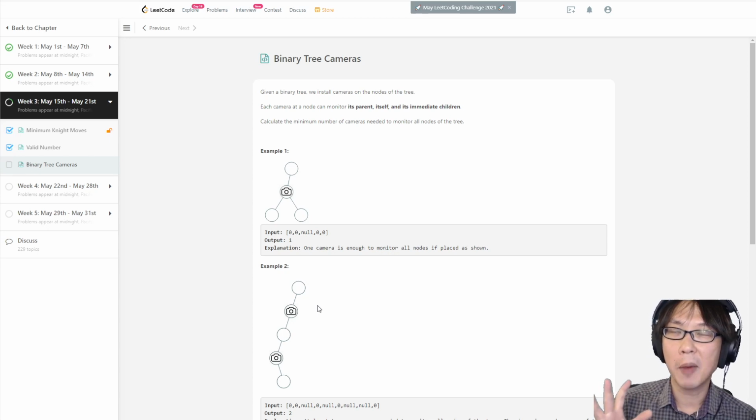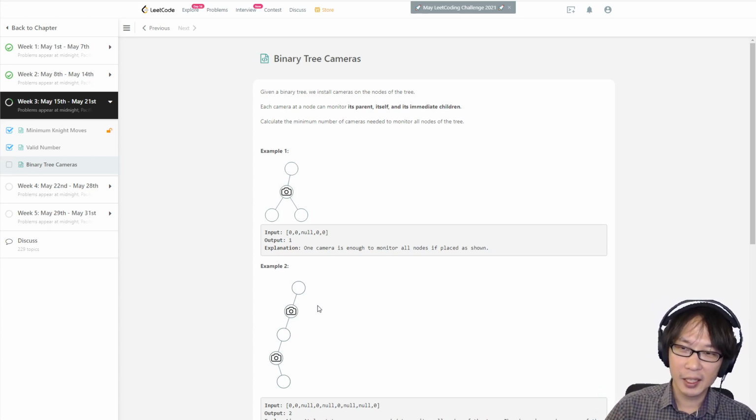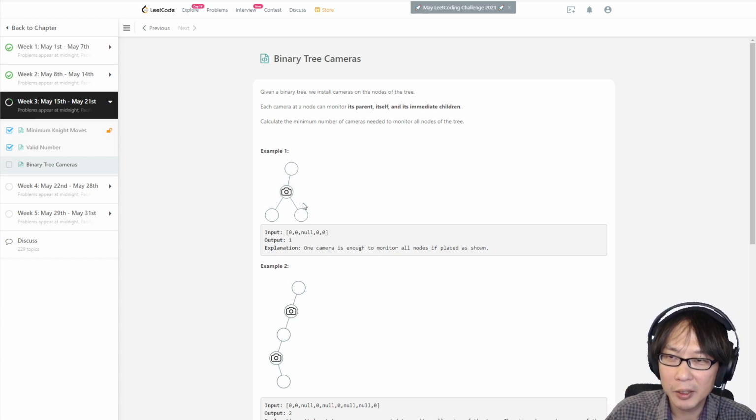So if you look one by one, for example, if you don't check this one, right? If this one doesn't have a parent, and the return value of the two children shows one of them has a camera, you don't even need a camera here, right? But the fact is that this current node actually has a parent. So we get a better result if there is a camera in this one. So that's why I think even nodes might not work, because